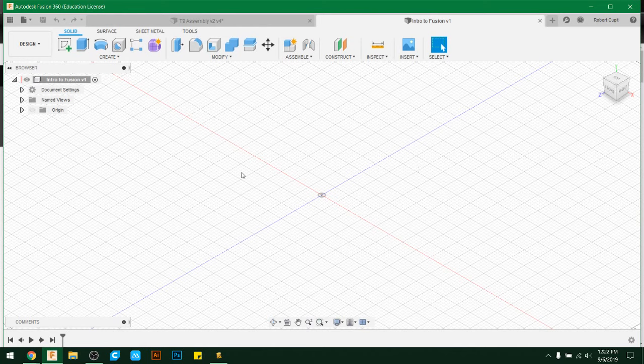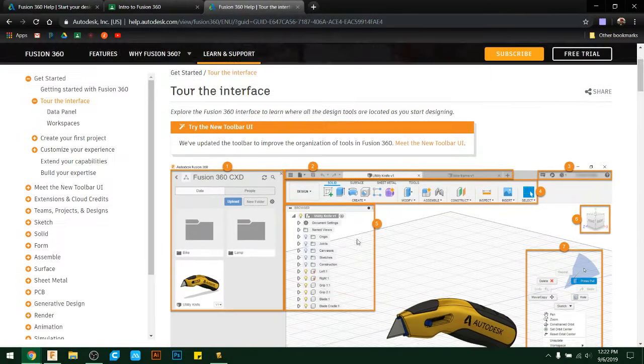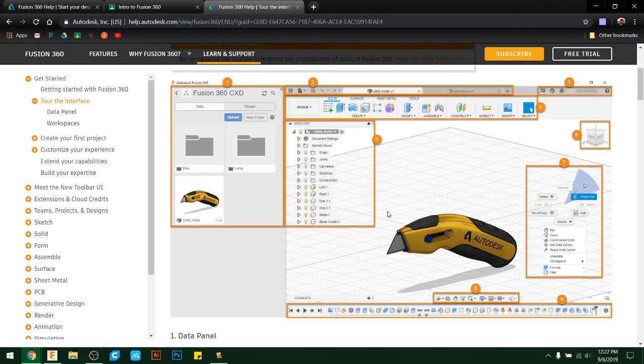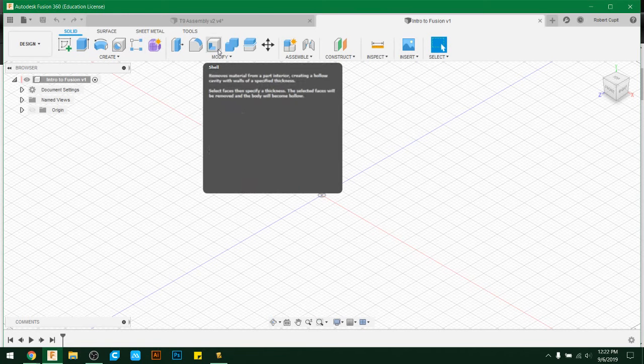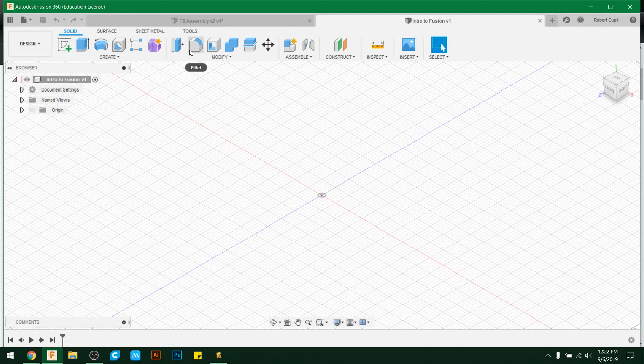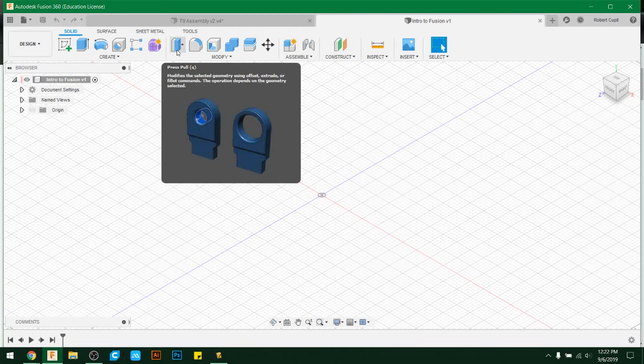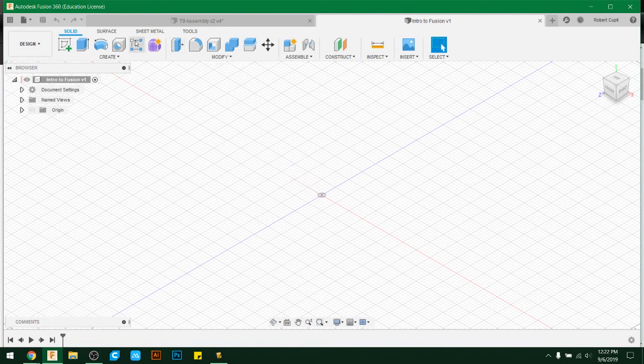Everybody with me? Okay. If I keep going and I go back to that form, now number 4. Number 4 is basically going to be your toolbar. This is everything that you're going to use tool-wise to draw stuff. Let's just call it that. Okay? If you scroll over any of these icons, it'll literally give you a preview of what that thing does. Okay? The next thing,